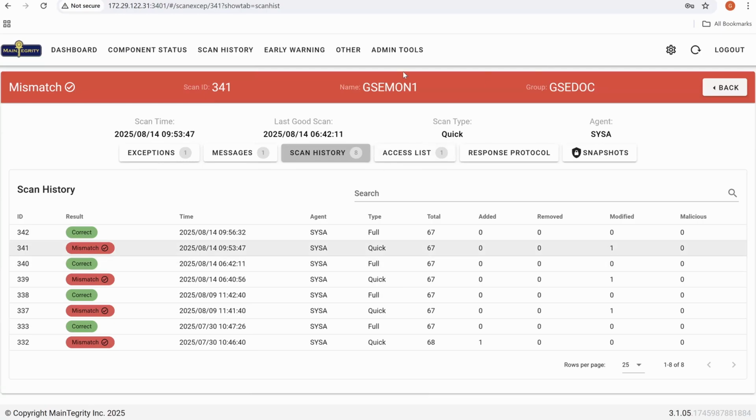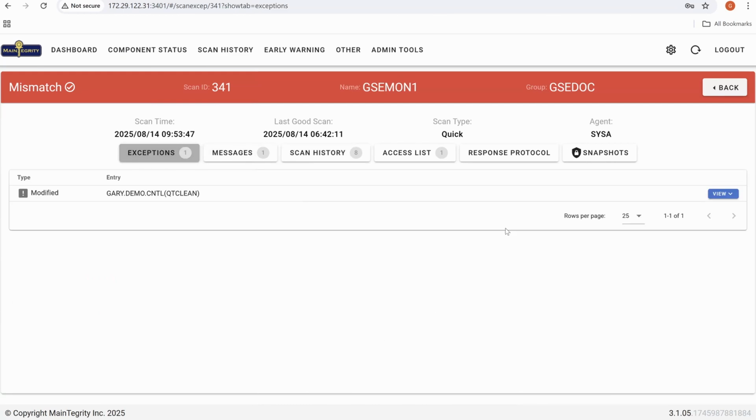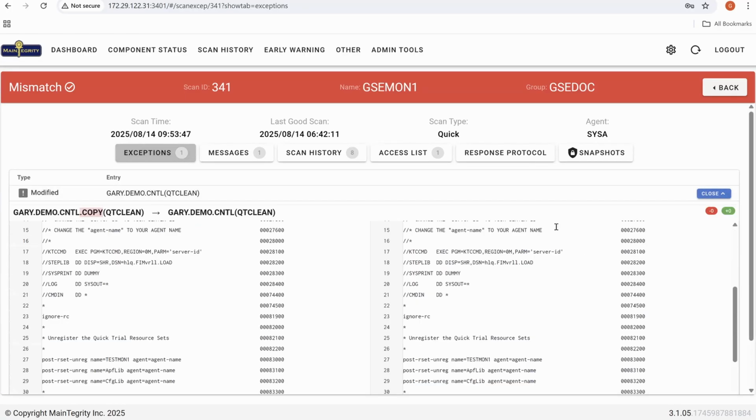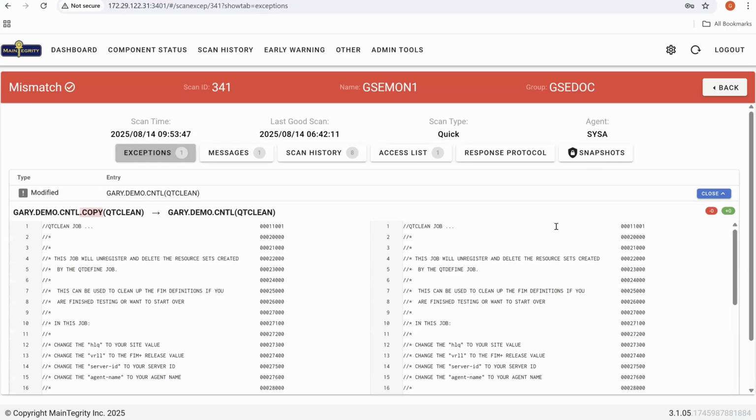Gary, there was one question that came in. Can you please show the side-by-side comparison again? Well, as it turns out, Gary made those changes, and the side-by-side comparison only works because there was a change that was put in that didn't match the trusted copy.